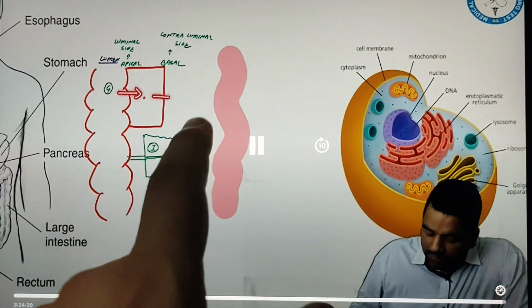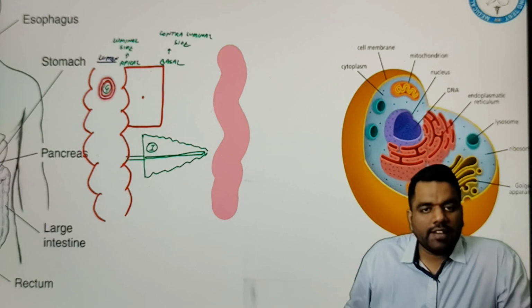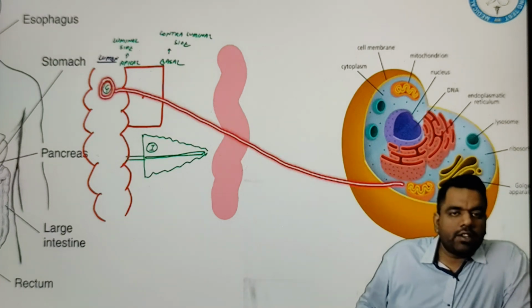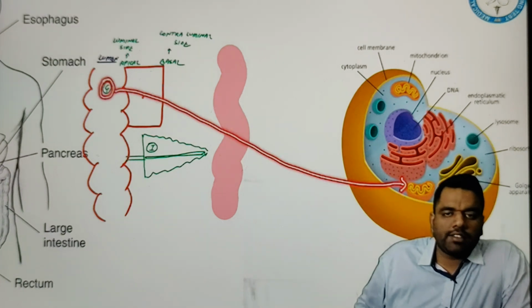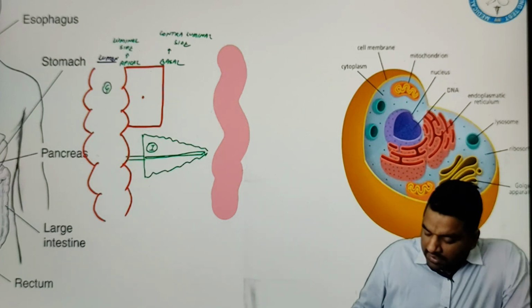Reach into the cell, crossing via this basal wall. Look over here, guys. What is the aim for this glucose? The aim of this glucose is that it should reach into the cell, and into the cell, into which structure? Mitochondria. This mitochondria will utilize this glucose and will do glycolysis, and it will release the ATP for the cell. But for this glucose to reach the mitochondria in the cell, first it needs to cross via this